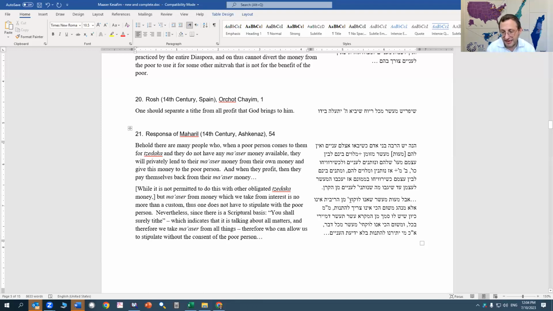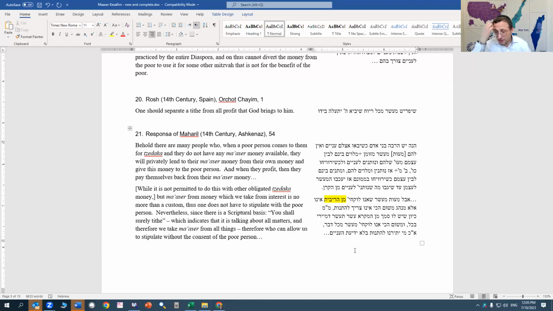and here gets the idea. This meiser that we take from ribit, from interest on loans that we charge. All right. So that's again a classic way in which it was taken. Eino ela minhag, that is only a minhag. Therefore, when you lend money into the tzedakah and you take it back out, you don't have to stipulate with anybody because there's no really other person that's halachically entitled to it. And